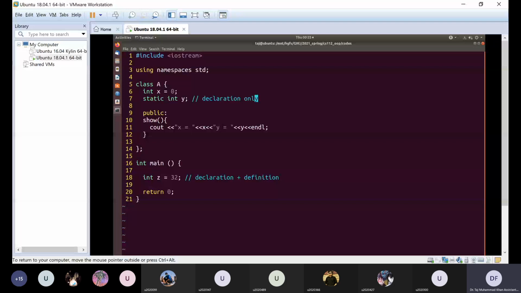So here we have declared it and we'll define it. So what will be the definition of a variable? Definition, as we mentioned, is basically type, name, and any value if you want. So here the type of my variable is int.